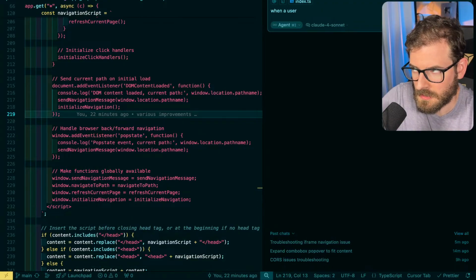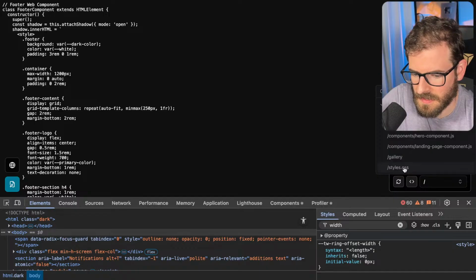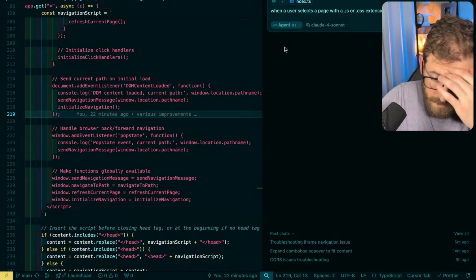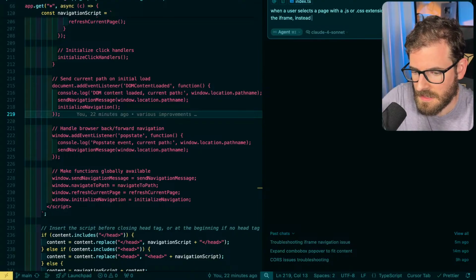when a user selects a page with a .js extension or any extension, because there could be CSS, you know, I'll keep it simple, JS or .css extension, because I do believe I have CSS files here, which will do the same thing. Do not send the event to navigate the iframe. Instead, just pop open the code preview sheet. And